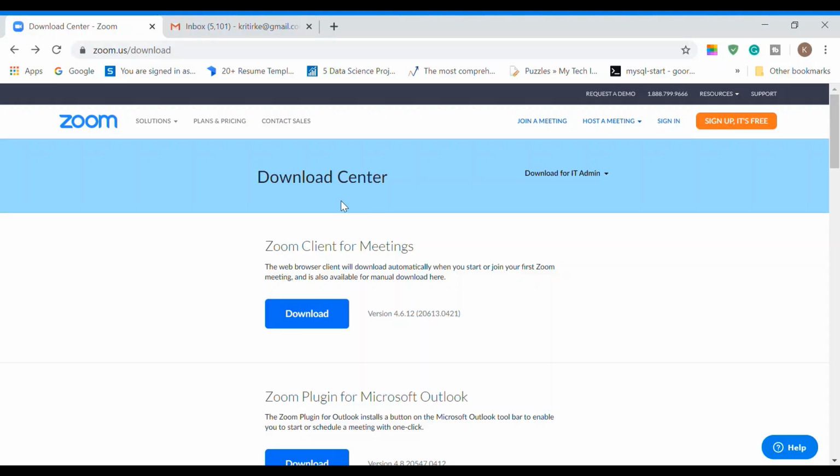So in this tutorial, we'll be learning how to sign up on Zoom with the swastik.live ID, which is given to every student. So now first you have to go to